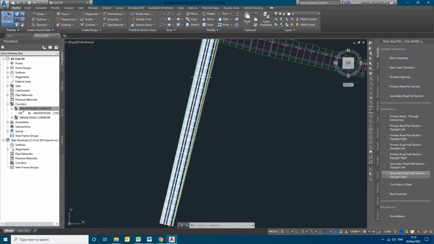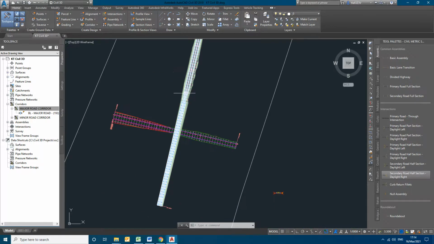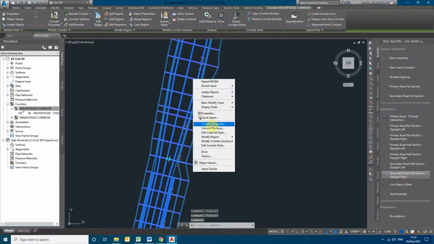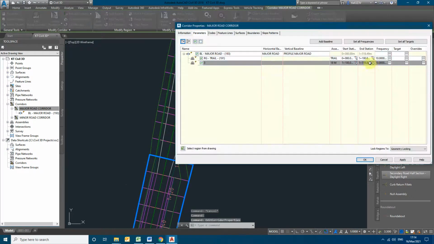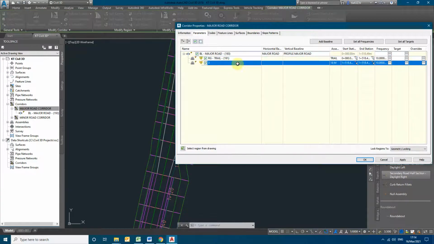So for our trial purpose, now I want to remove this complete breaking of the corridor and the same chainage to the end. I want to utilize it. So I don't need these additional things. I can even remove this region if I don't want.